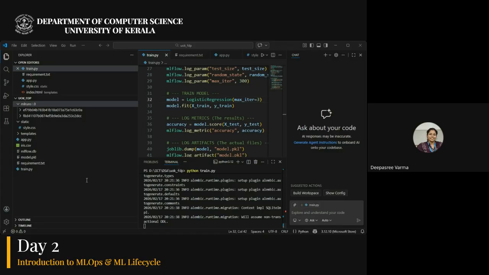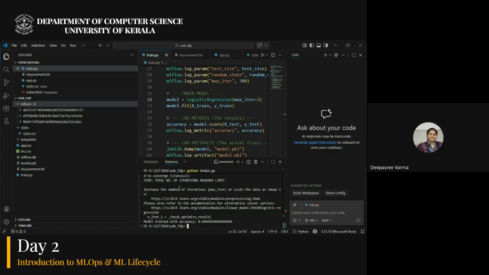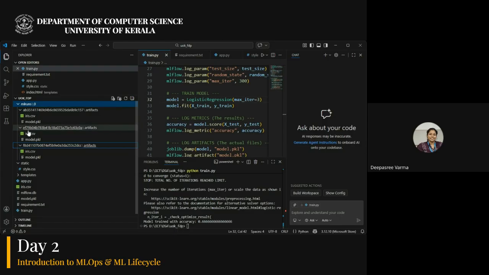The updated code is the last cell in the Colab file I shared. So you can see here my accuracy has dropped. When I changed maximum iteration to 3, my accuracy, which was 1 earlier, has dropped. The reason being I changed the parameter. So you can see I have run 3 times, so 3 different folders have been created, each having the corresponding model and the data. Since my data doesn't have any change, that doesn't matter, but each has a model. So I can choose whichever model I want.